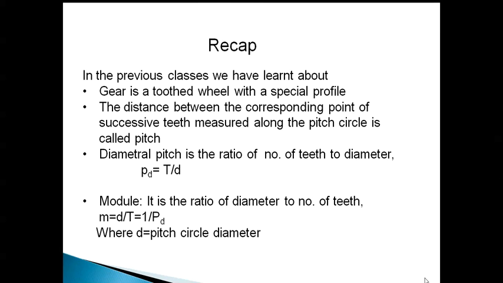When there is a correct mesh only, the power will be transmitted from one shaft to another shaft without any deviation. In general, to transmit power from one shaft to another shaft, we use more than two gears. When the power transmission takes place with more than two gears, it is called a gear train. In general, gear trains have two types: one is the ordinary gear train and the other is the epicyclic gear train.